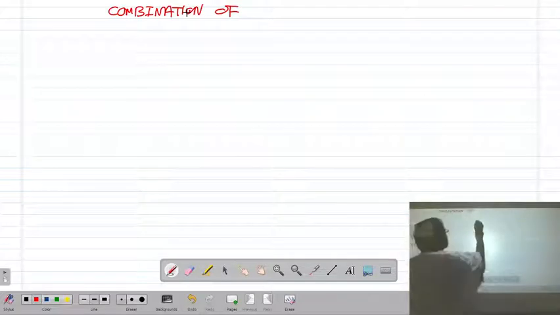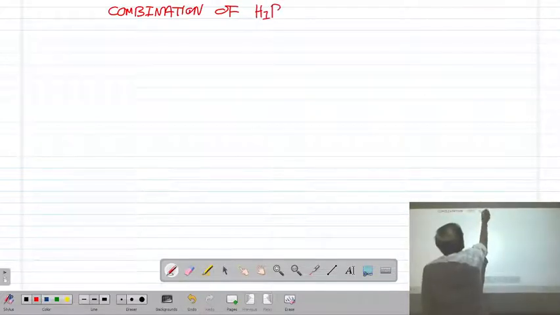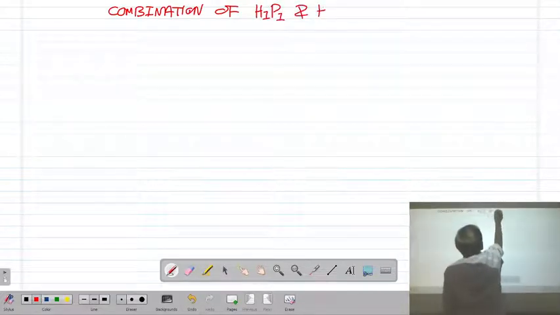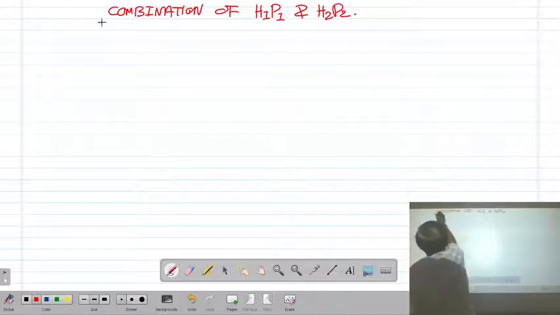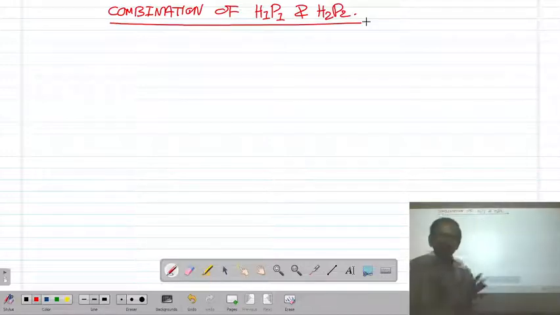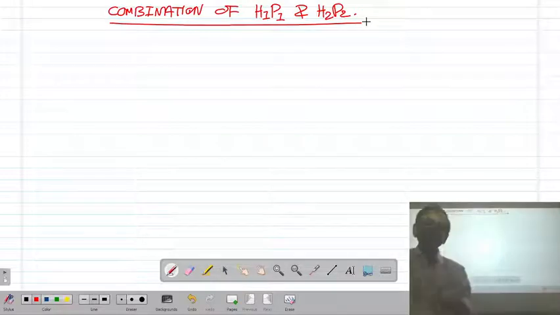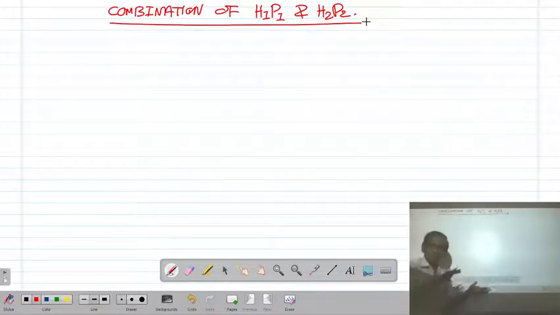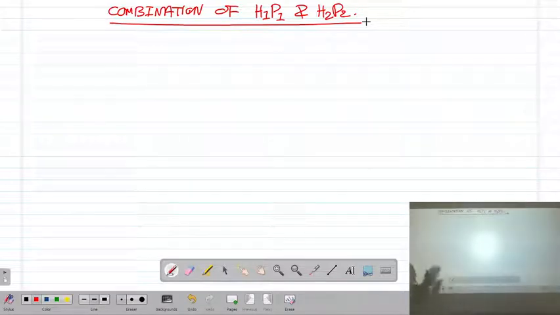Combination of H1P1 and H2P2. You know H1P1 is the first principal plane and H2P2 is the second principal plane. Okay, so I draw the combined figure. Actually, we have drawn the separate figures for the second principal point P2 and the first principal point P1. Now we will draw the combined figure showing the first principal point P1 and second principal point P2, showing the first principal plane H1P1 and second principal plane H2P2.